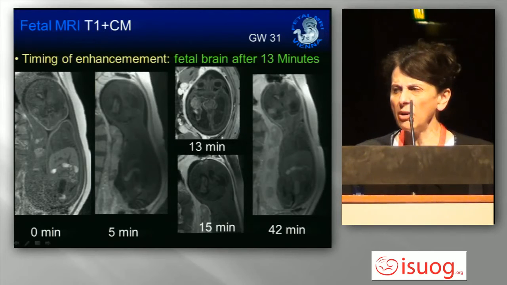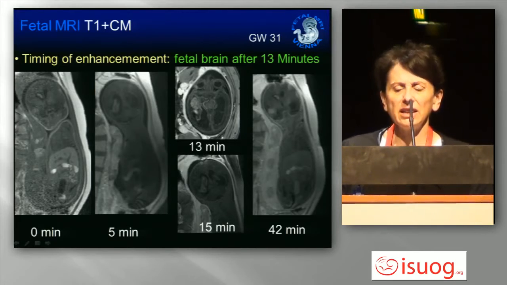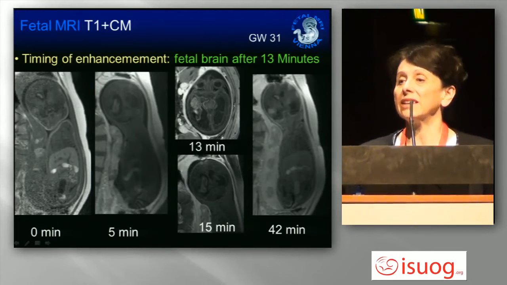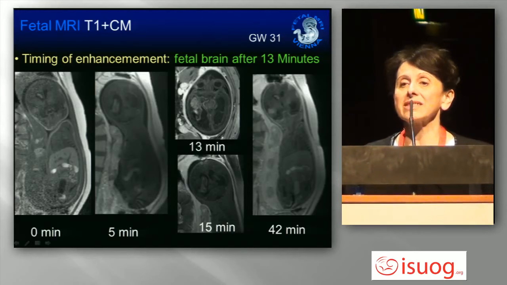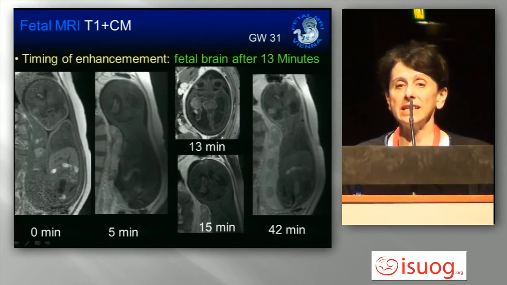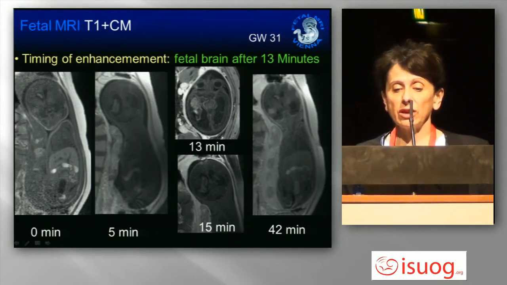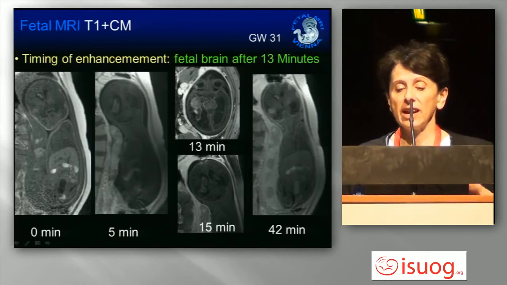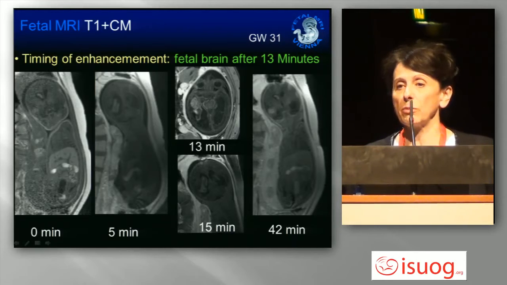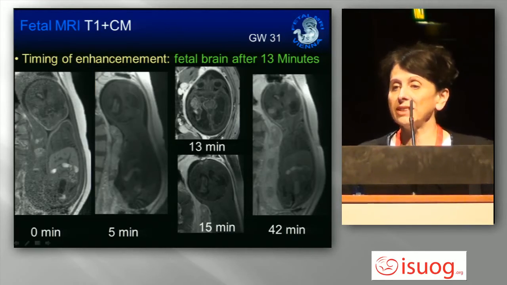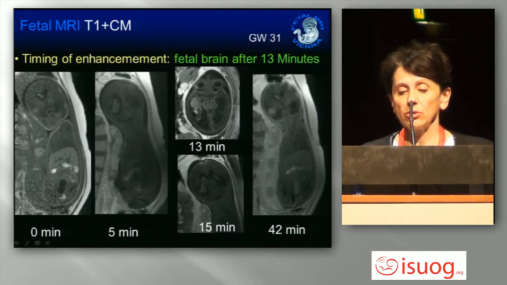Now you say, wow, gadolinium is not allowed during pregnancy. Yes, you're completely right, but there are some situations where you really need it because you have to weigh the pros and cons, and when it is in favor of the pregnant woman, you have to use gadolinium, and then, of course, you have to use T1 weighted sequences, where you will see an enhancement, as here, for instance, in the placenta and also in the brain.